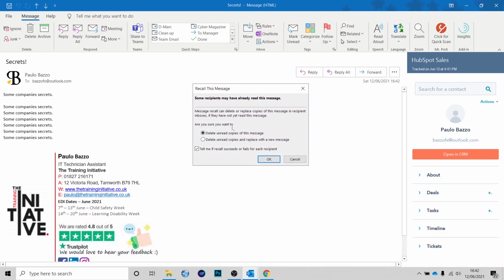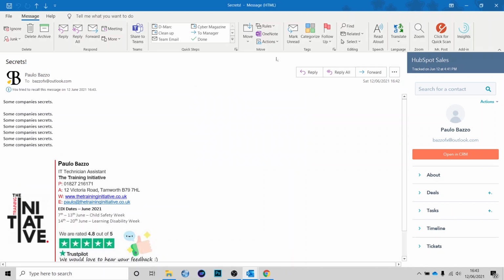And it's going to give you two options. The first option is going to delete unread copies of this message from the inbox of the recipient, and the second option is going to delete unread copies and replace with a new message. For this instance, I just want to delete the message, and also there's an option to let me know if it succeeds or fails. So I'm going to press OK,